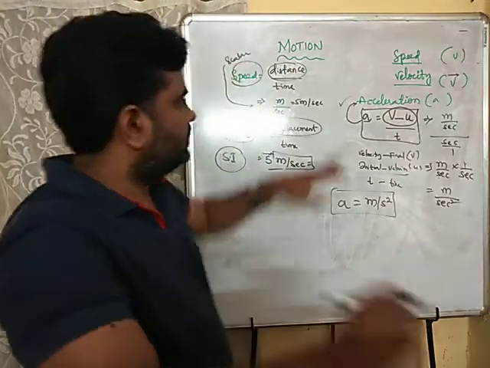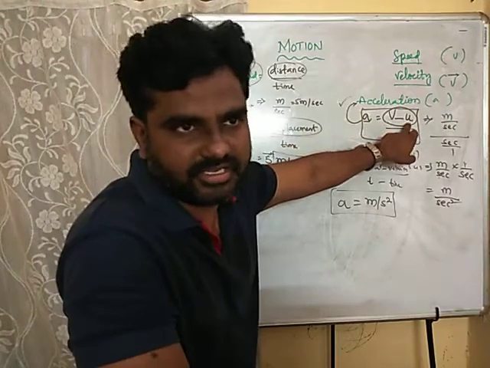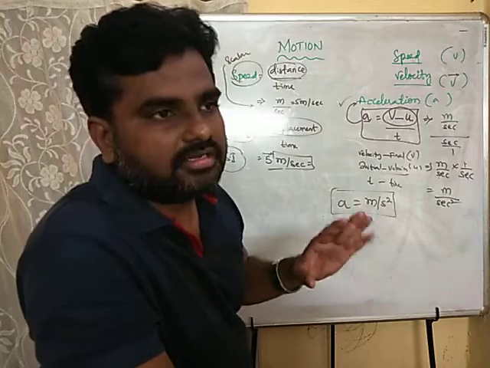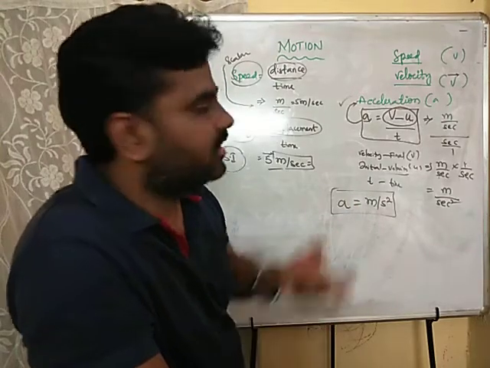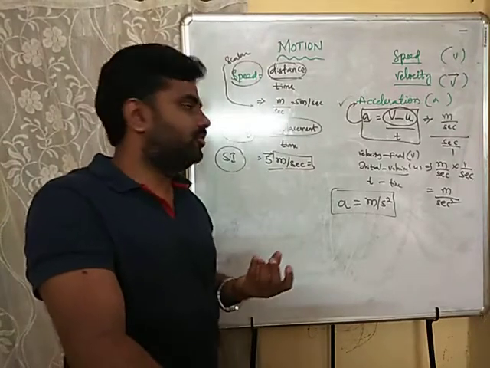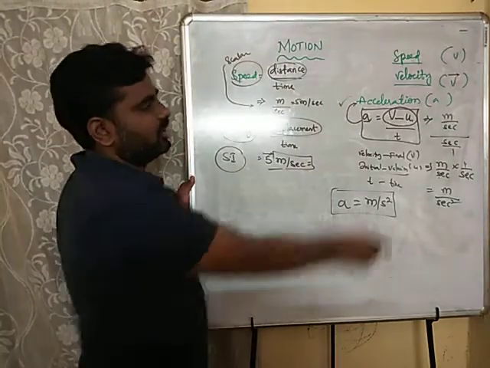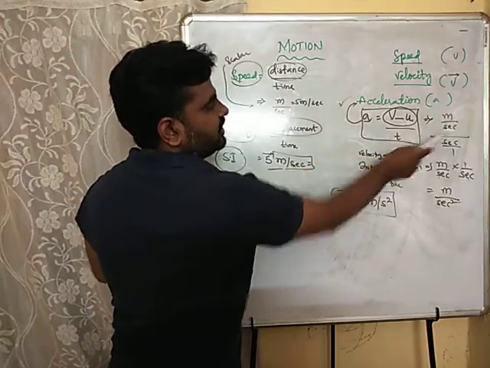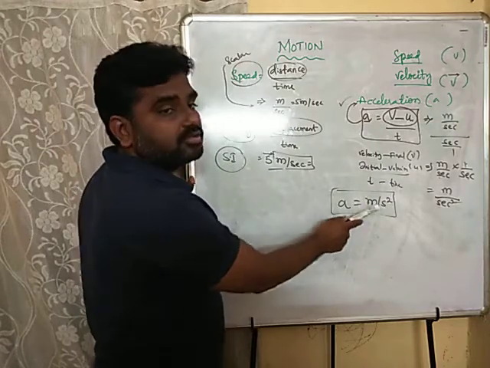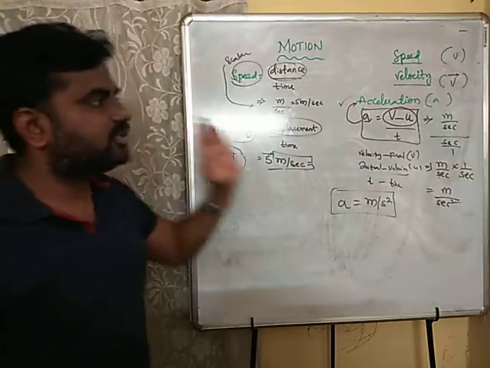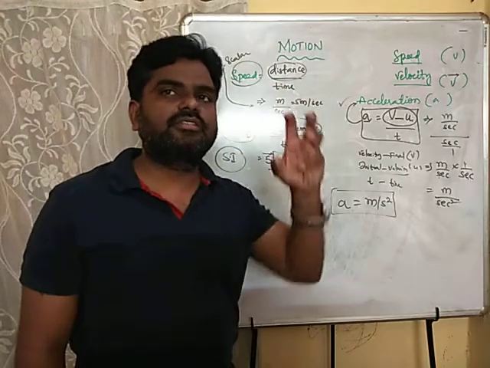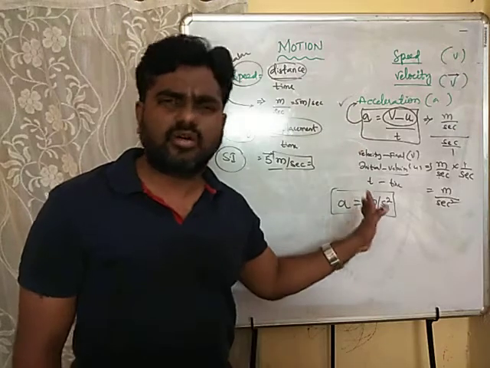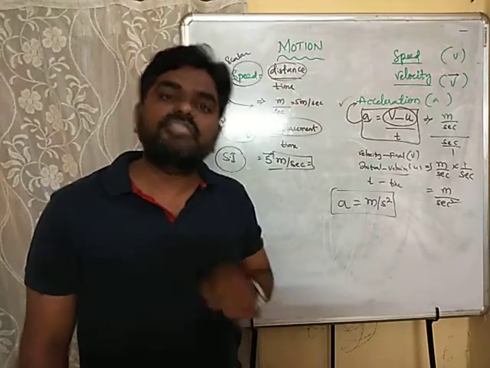Remember this concept: acceleration a is equal to v minus u divided by t. Why did it come? Because throughout the journey nobody travels in uniform motion, isn't it? Of course we are moving with non-uniform motion itself. So the difference between these two, v minus u divided by t, with velocity in meters per second and t in seconds, hence a is equal to meters per second square. These concepts help a lot even when you go to intermediate. These are called the classical formulas of physics.